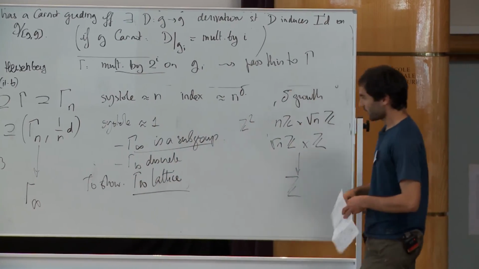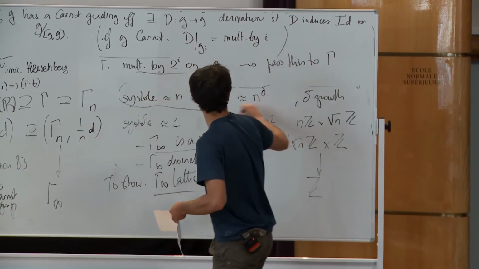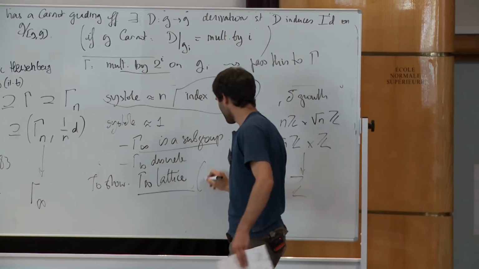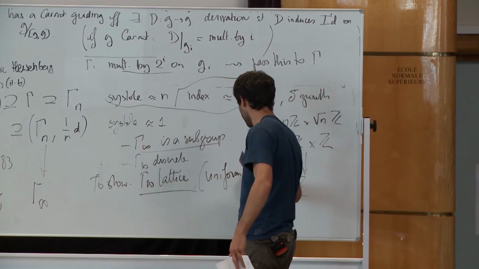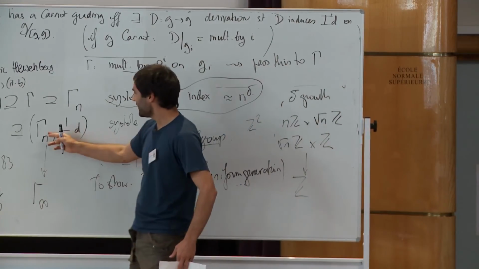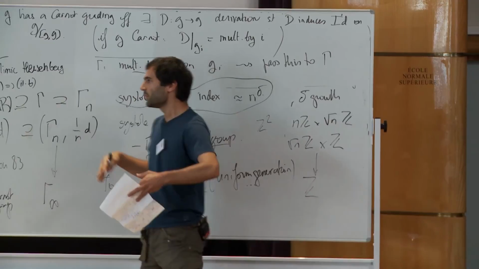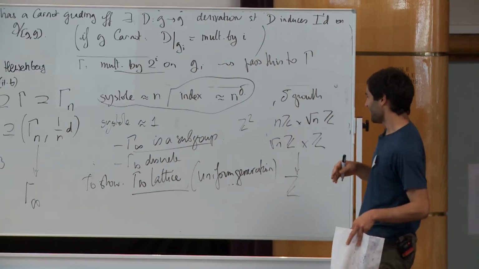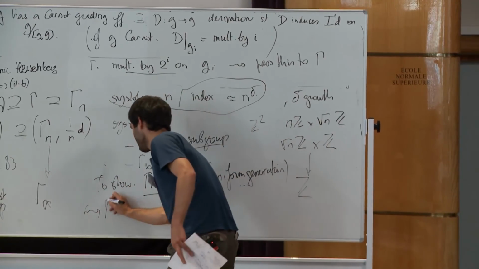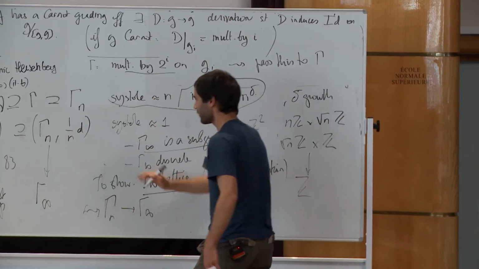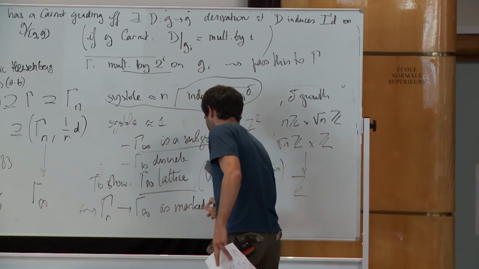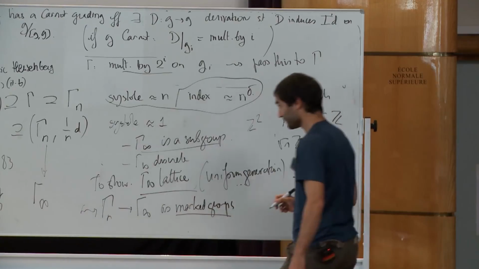So there is a point to show that gamma infinity is a lattice, and that's really where the index assumption is used. It's based on some kind of uniform generation, that gamma n is generated by its Cn ball in some uniformly efficient way, and from this passes to the limit, and then you get that gamma n tends to gamma infinity, not only in this Gromov-Hausdorff sense, but as marked groups,